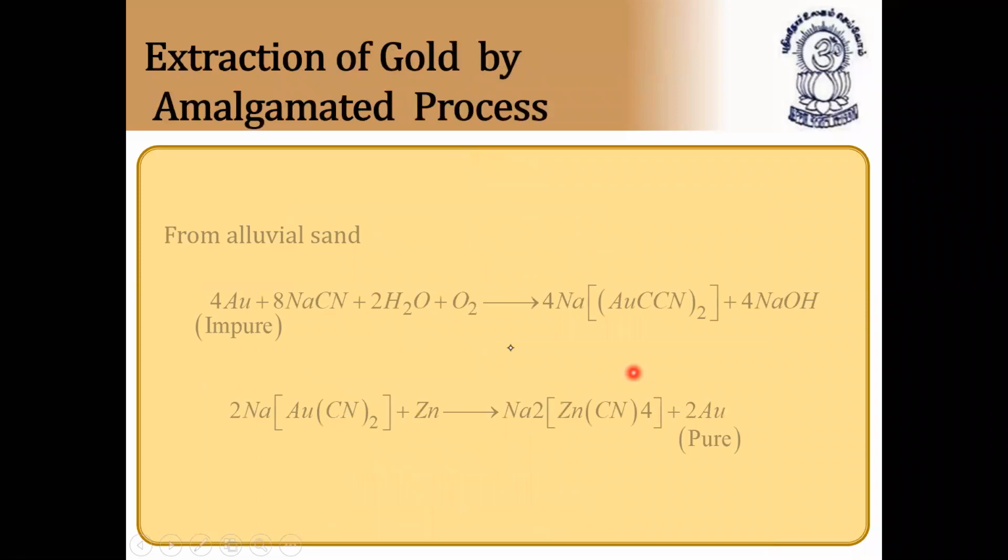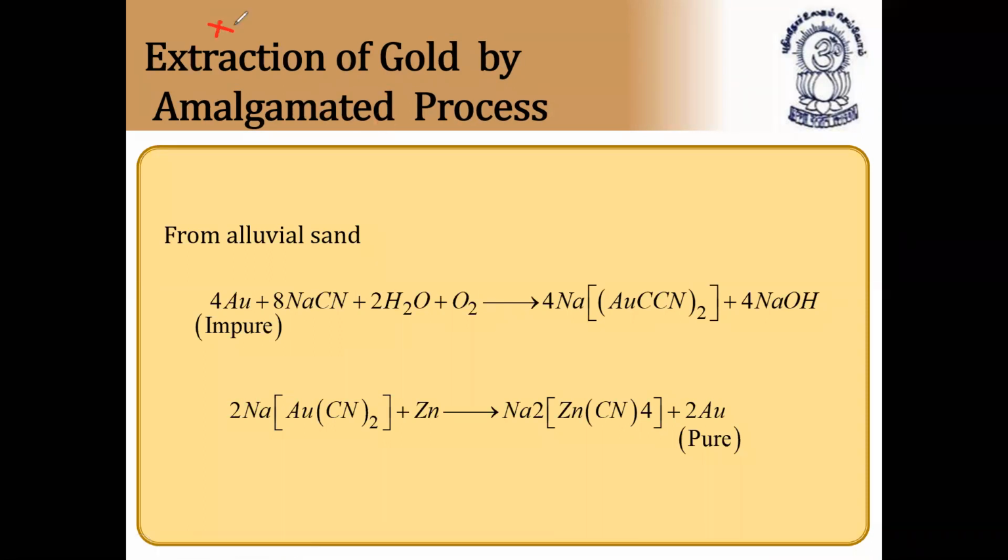Next, we have extraction of gold by the amalgamation process. Extraction of gold, this we have not discussed. So let us now start with extraction of gold. These are all additional materials which are important for advanced level and mains level. From alluvial sand, gold, anyway, you know gold and silver are metals. Gold is a metal